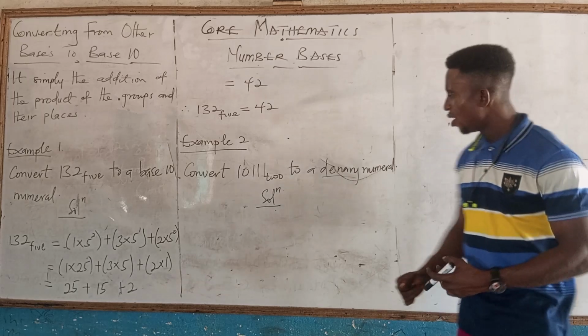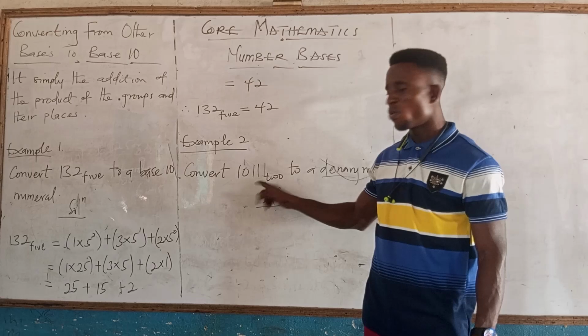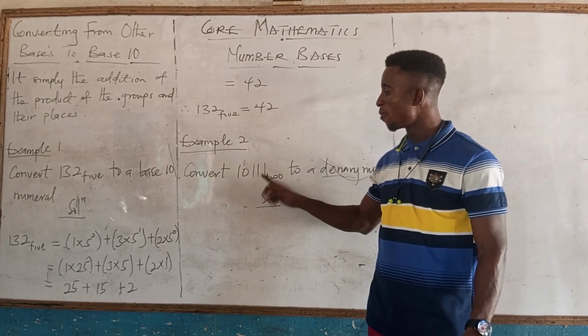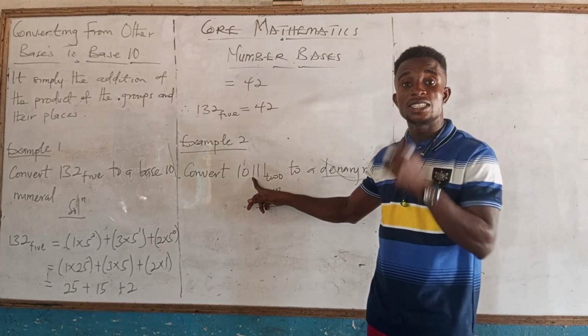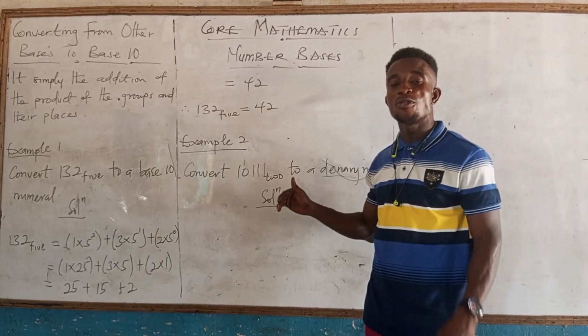Are we getting that? Okay, so this one means I have 1 unit. Then one group of 2. This one is telling me I have one group of 4. This one having 0, there is no group of